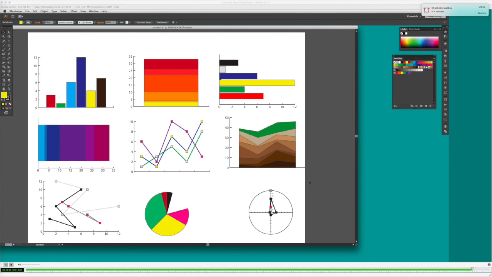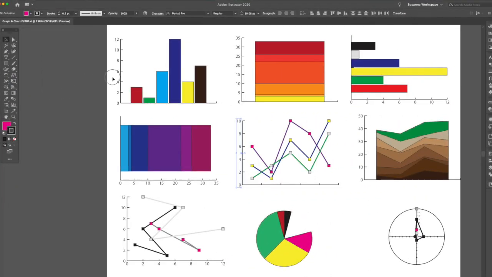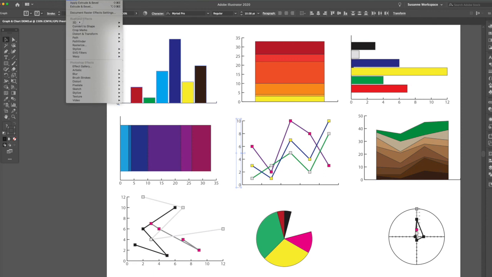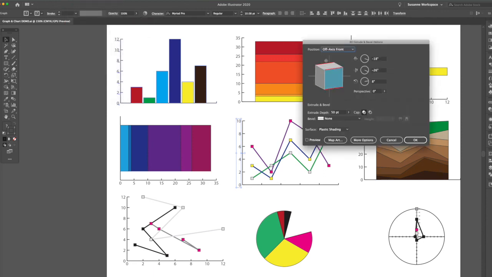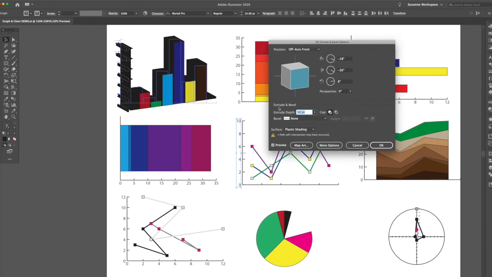You'll get different effects by doing different things with it. And as you can see, when we were in this feature here, let me just pull this up. There are other options you can do. I want to show you a neat effect. Okay, I'm going to grab this top chart and graph. I'm going to go to Effect, 3D, Extrude and Bevel. I'm going to hit my preview. I'm going to change my depth to 25